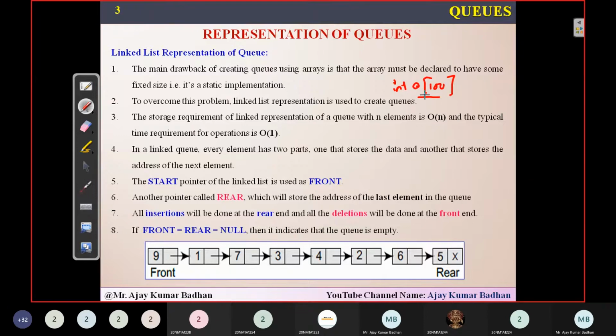This is an array which I have declared, and in this I'm going to implement queues. Now let us suppose I have inserted only 5 elements. Then what about the remaining 95? I have allocated 100 spaces, among them these 5 elements have occupied the space. What about the remaining 95 that are not used? We are simply wasting. We are allocating the memory, and the space allocated for these 95 elements is getting wasted. That is a drawback.